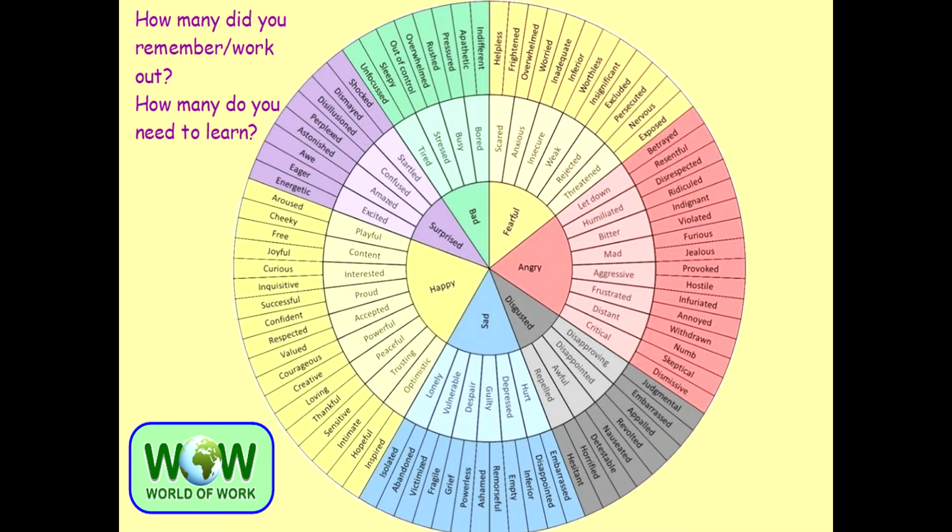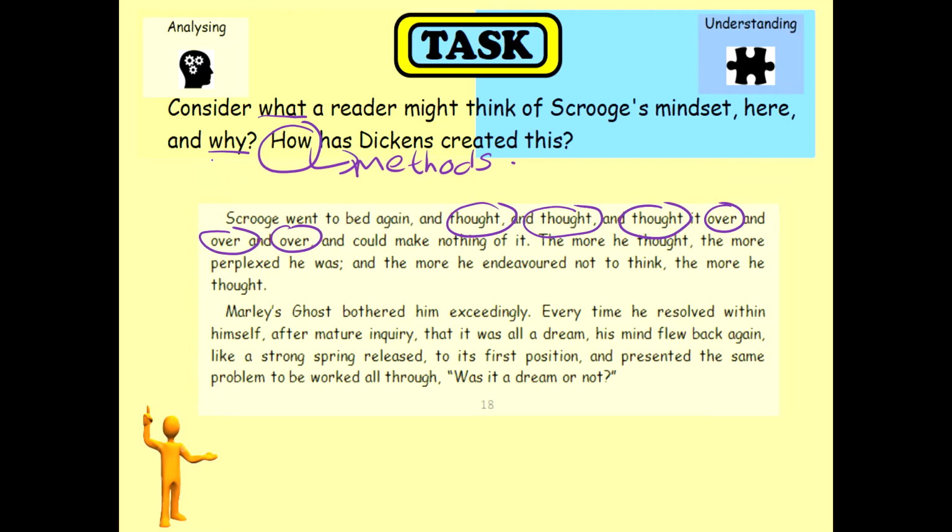He might feel more fearful. He might feel threatened, nervous maybe. He might be feeling these things. So this is why we included the emotion wheel here, to be able to then use these sorts of words in our analysis of Scrooge, okay?